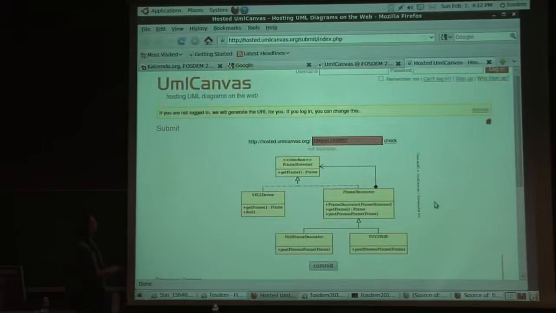I'm going to go into that in a second. It says that you're not logged in, and we will generate a random URL for you. That means that because it's loaded already from the UmlCanvas site, we can't reuse the same. So here's the diagram. Below we saw that there was the original, so there are some changes. And if we now commit as an anonymous user,